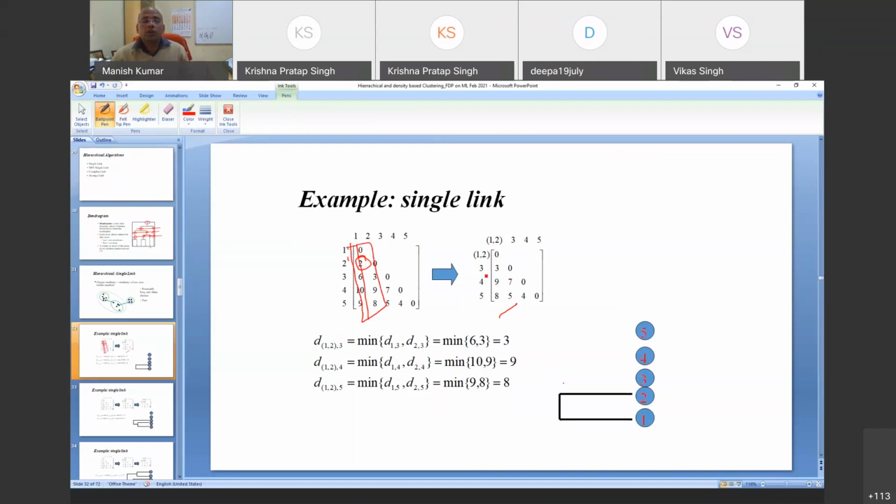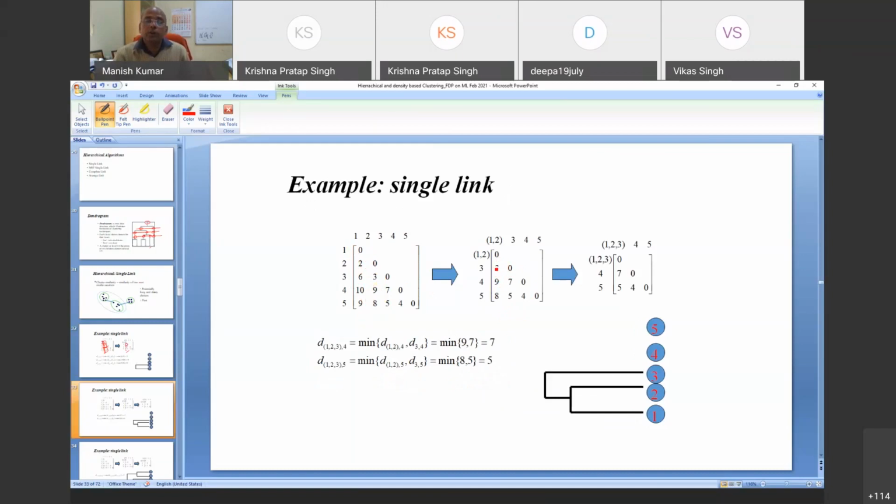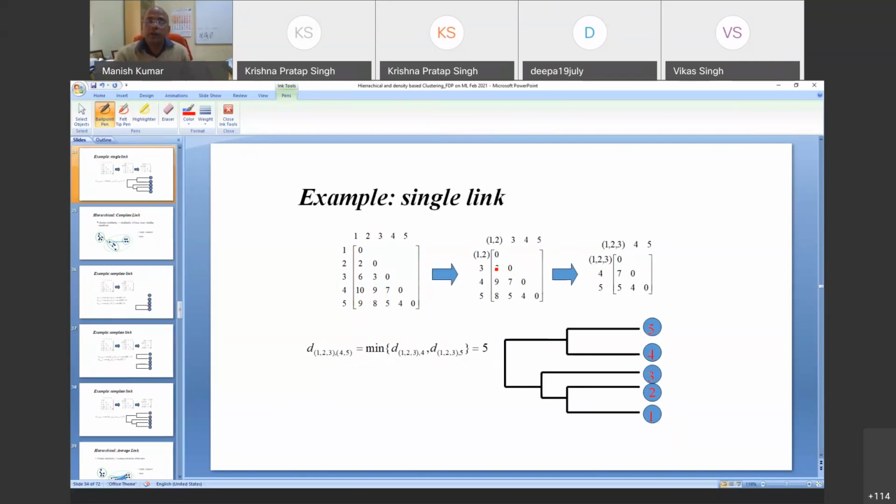The criterion for merging these two columns is that out of the two, the minimum will be taken. So this is 3, then this is 9, this is 8. Now we get the improved matrix here. Again the same process: find the minimum, and then we move forward. Then 1, 2, 3 will be merged. Same process, the minimum of two columns will be the element of the improved matrix, and finally you get this dendrogram, which gives you the representation of the clusters.